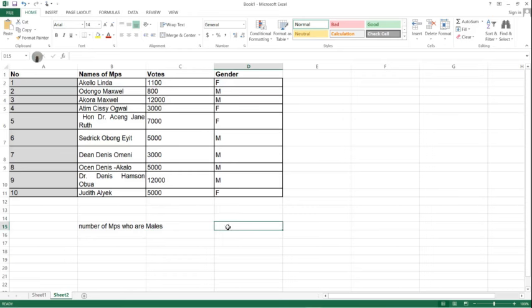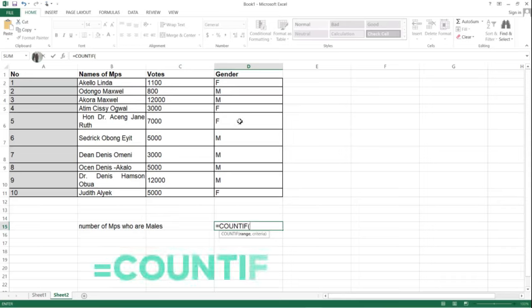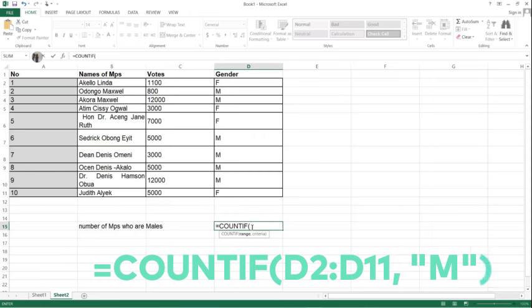We can decide to work out the number of MPs who are male here. If you want to work out this, you are going to use the COUNTIF formula. Okay? You say equal to COUNTIF, open your brackets. We are going to test our column D because we want to get the number of MPs who are male. We know here we have 1, 2, 3, 4, 5, 6. But now by use of the Excel formula we can say equal to COUNTIF, then we say